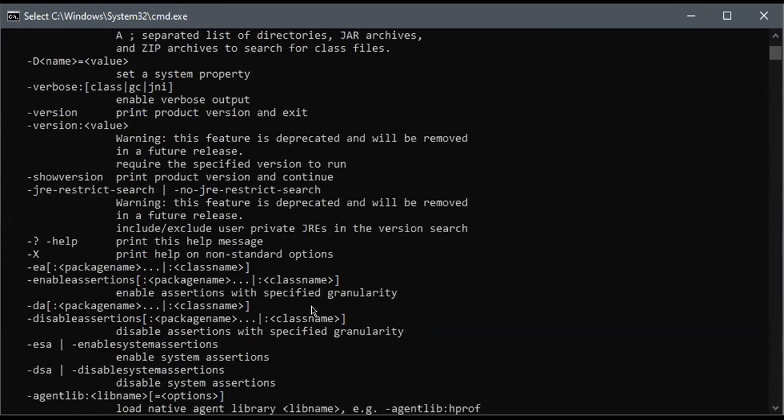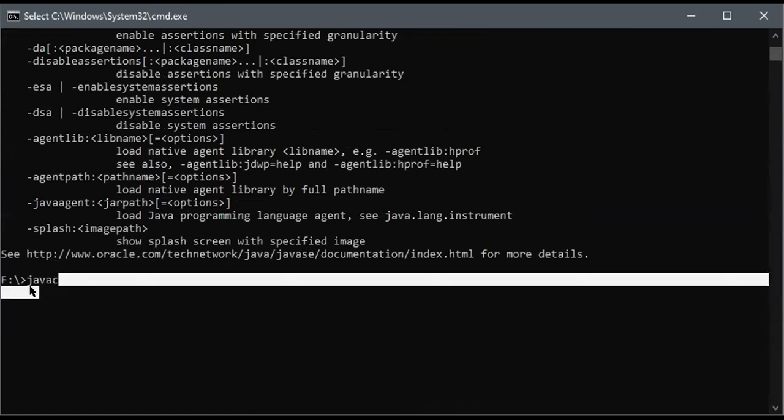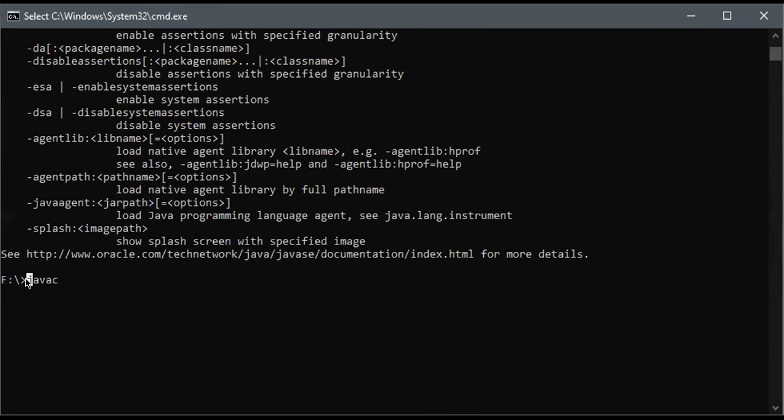And you want to check whether the compiler is available or not. How are you going to do that? By using javac, you can check whether the compiler is available. When you install Java, the compiler is installed along with it. When you install from the JDK, you are going to install the JDK as well as the JRE. What is a JDK? Java Development Kit. What is a JRE? Java Runtime Environment.